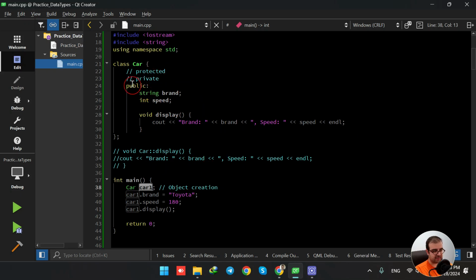In order to access whatever is inside that class, we create an object. And if you would like to access a variable or a function in that class, we write the name of that object. In our case here, it's car1 dot,